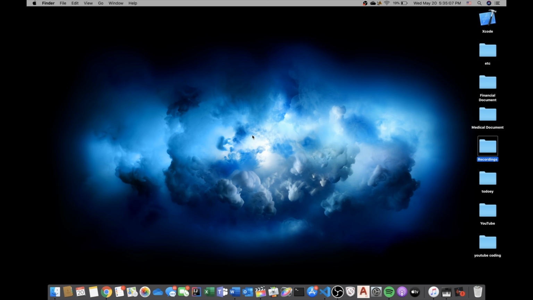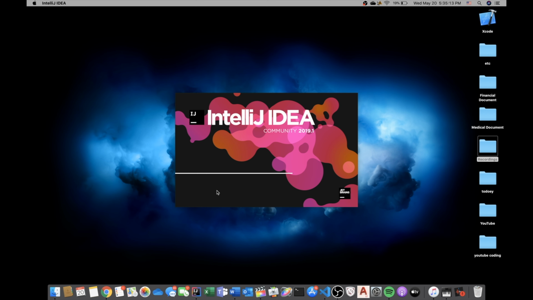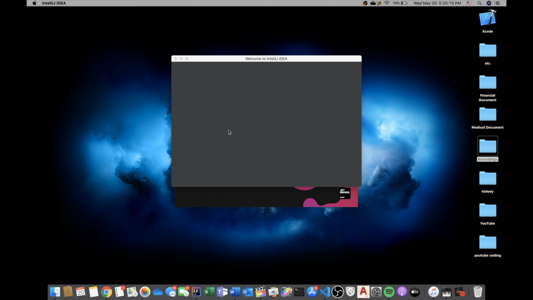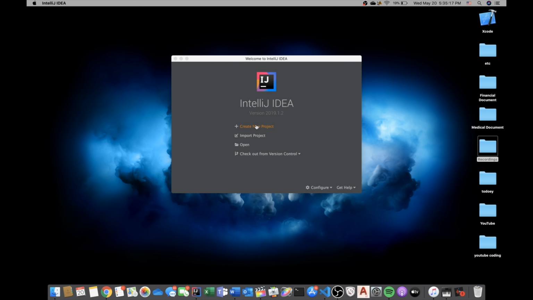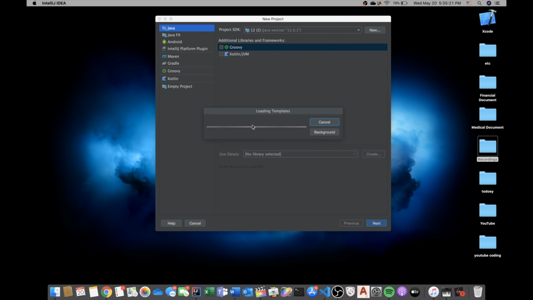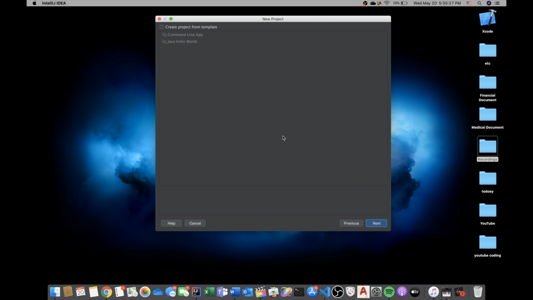So now you downloaded the IntelliJ, let's open up the IntelliJ. So you click that, and then that thing is gonna pop up, and then we press the create new project. Then you'll see this, but just ignore everything and just press next, and then again next, and let's name the project